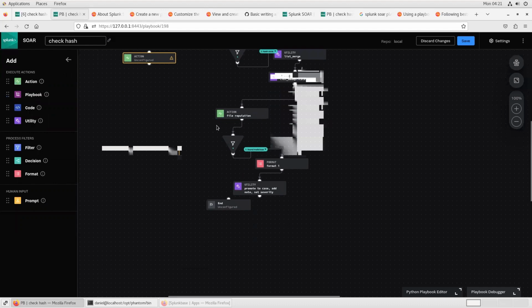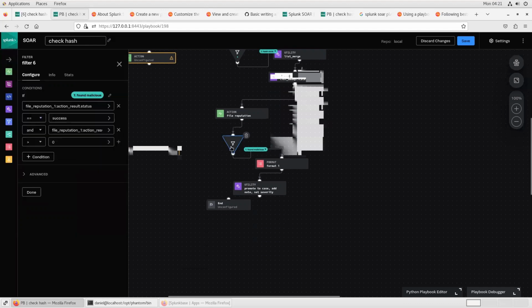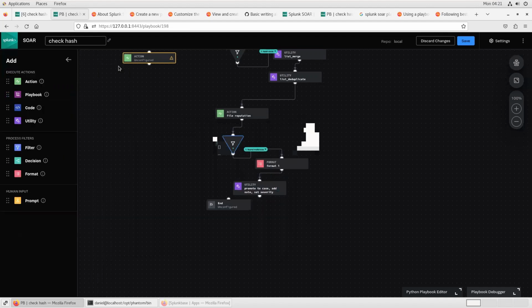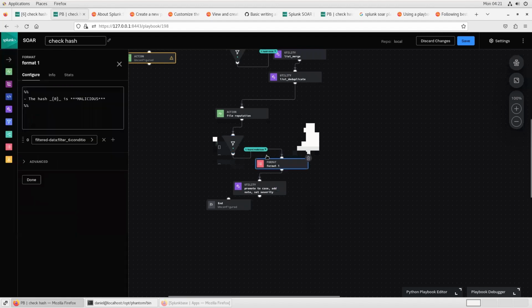After the file reputation action ran, we need to call a filter block to make sure that we catch results. We need to make sure that we find a result status equal to success, and that we have at least one vendor that marked this hash as malicious. So I want to make sure that the number of malicious is greater than 0. And if we find a malicious hash, we continue and call the format block